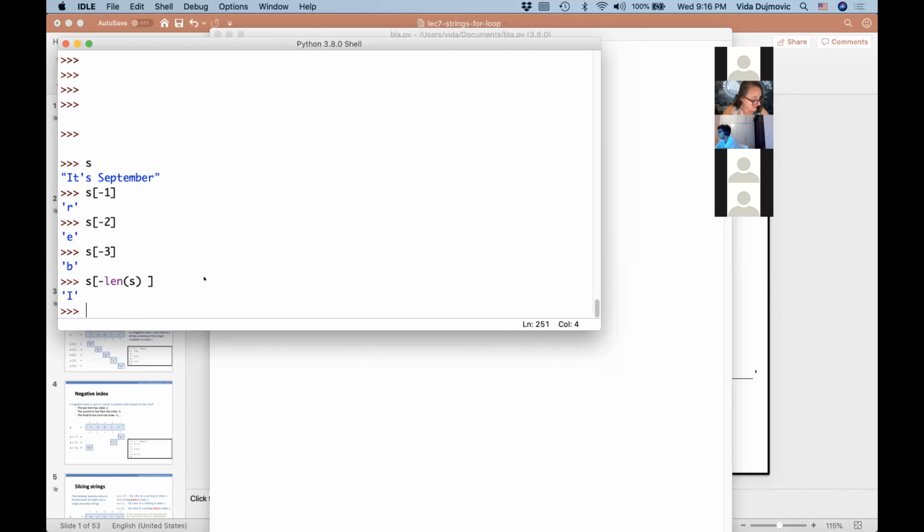Okay, so that is what I wanted to show you about indexing. But now something super cool, I thought it was super powerful. I'll give you an example. One of the most